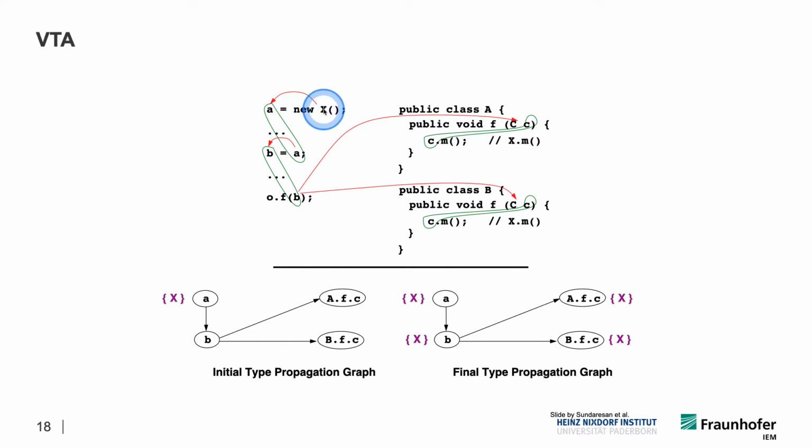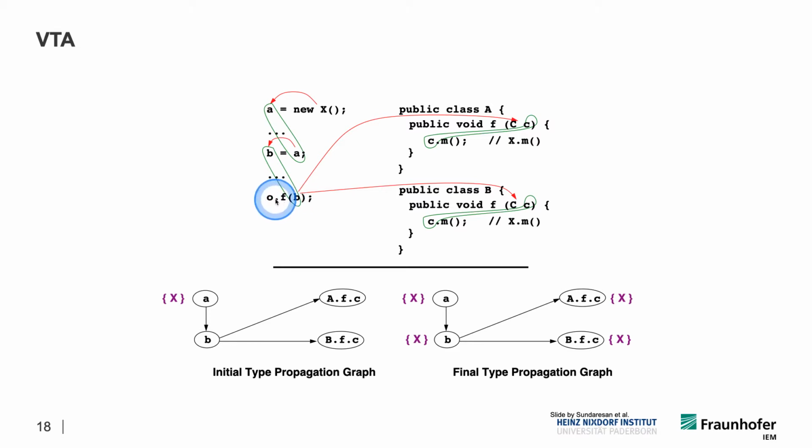We're first instantiating an X object, and then this is being assigned to A, and then A is being passed on to B, and B is being passed as a parameter